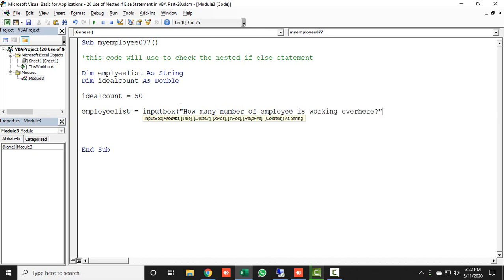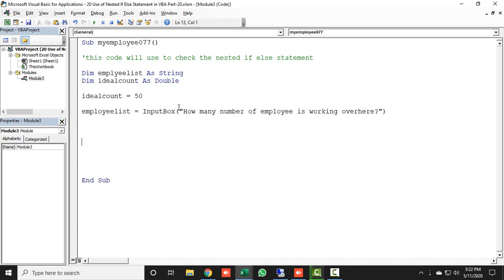Here I have put up a question for the user. The user can give an answer less than 50, or greater than 50, or equal to 50.